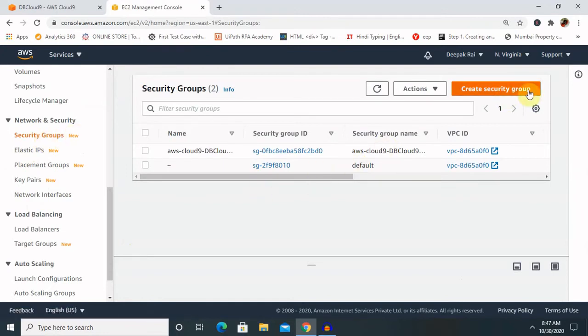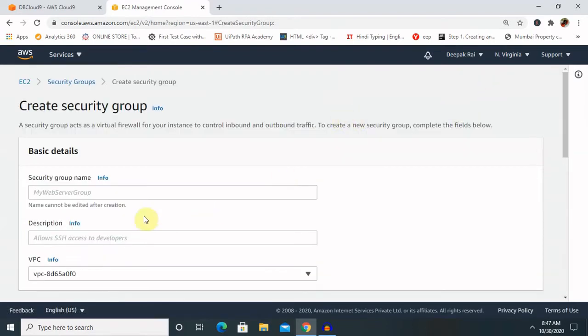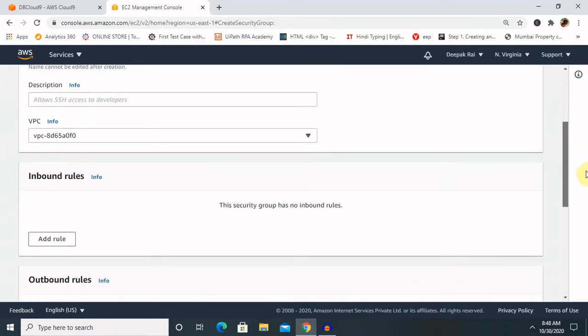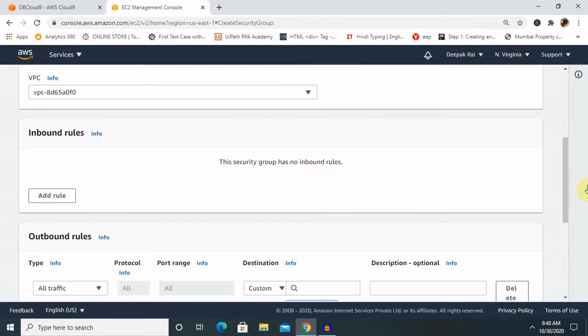Inside the security groups, we have to create a security group. Once I click on create security group, it will ask for the security group details. You're able to choose the VPC, accept the default VPC, inbound rules, custom TCP rule, port range. It will provide various security levels for your system.